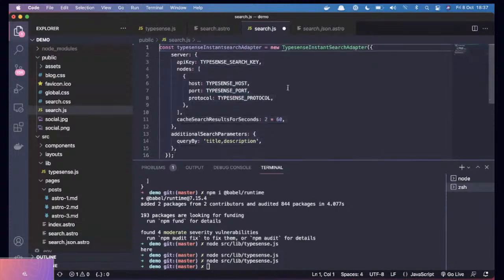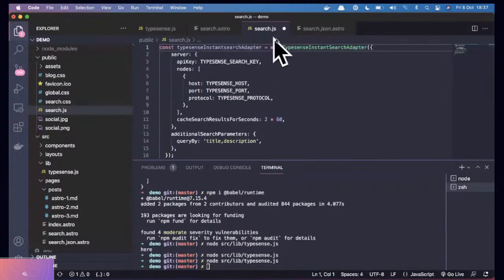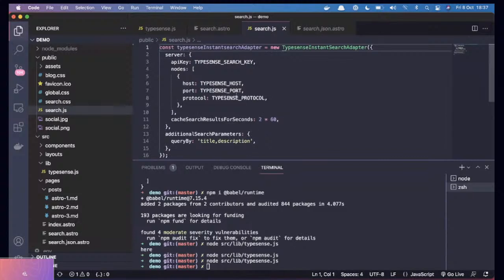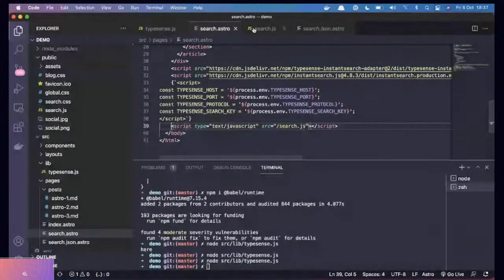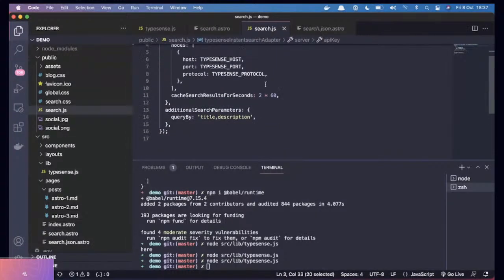So normally you would just load your .environment file here, but then we have to load this file as a module, and it's just a little bit more of an issue in Astro in terms of how it renders at the moment. But it doesn't take away that it won't work. So this can load our Typesense search key from this subset variable, and the same for all the other variables,